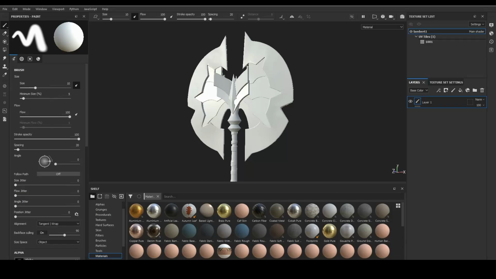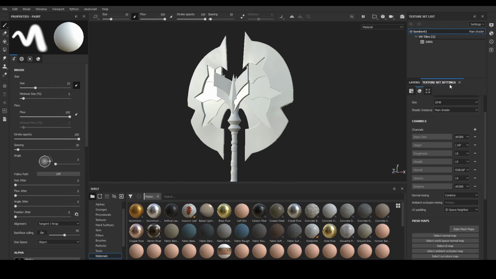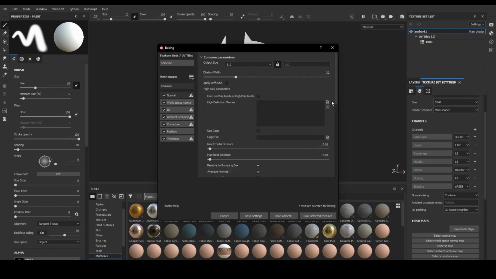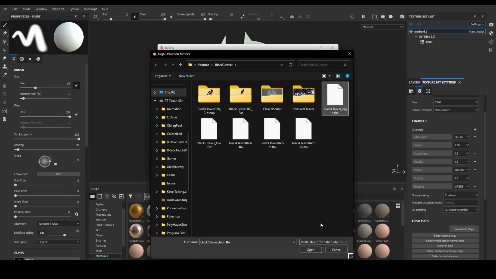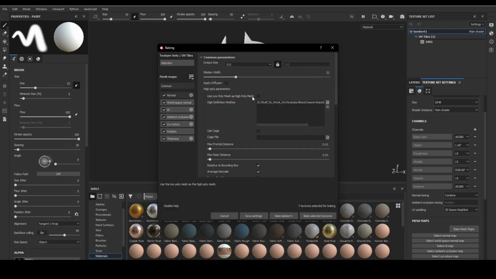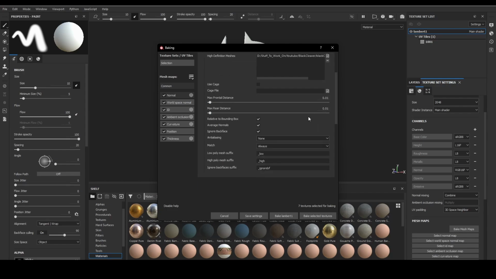In this video I'll teach you how to make stylized textures, and this method can work for almost any asset. Go to texture set settings, go to bake mesh maps, and if you have a high poly mesh, bring in your high poly mesh. If you don't, just click this, use low poly mesh. Go down, keep the settings as default, increase the anti-aliasing to at least